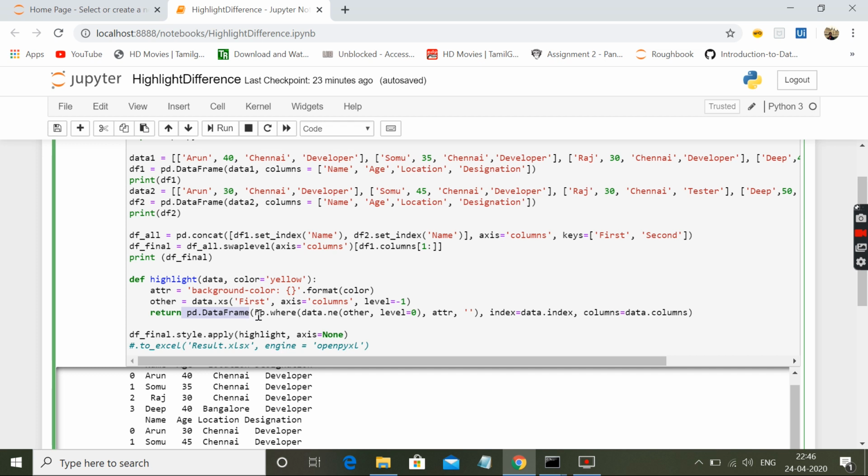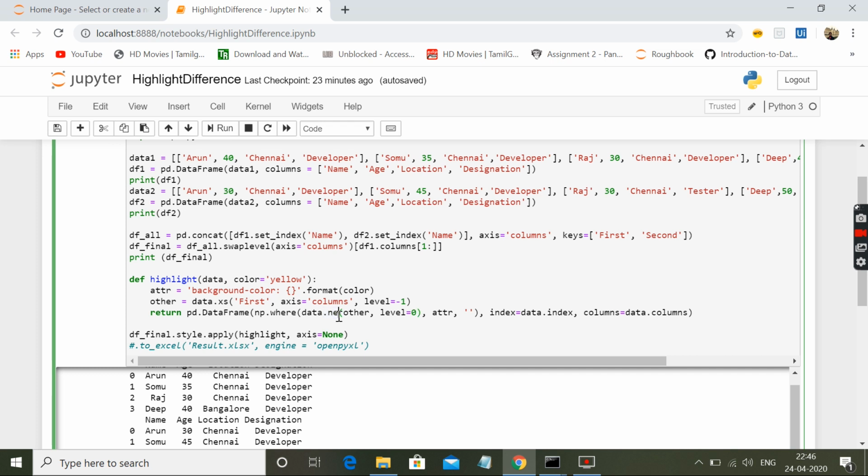Under my data frame, I'm using the NumPy library, the NumPy var class, to query something inside. There is a method called .ne, which identifies the inequality between data frame elements. Here our intention is to identify the data mismatch between two data frames.